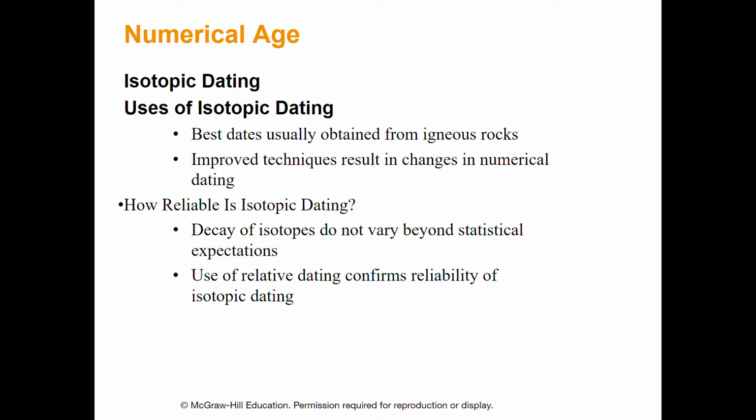Now imagine you've got a sedimentary sandstone, right? It's made out of quartz grains. It's made out of quartz sand. If I try to date one of those quartz grains, I'm not going to get the age of that sandstone. I'm going to get the age of that quartz from where it cooled off and hardened. I'm going to get the age of the granite that it first came out of, right? I'm not going to get the age of that sandstone.